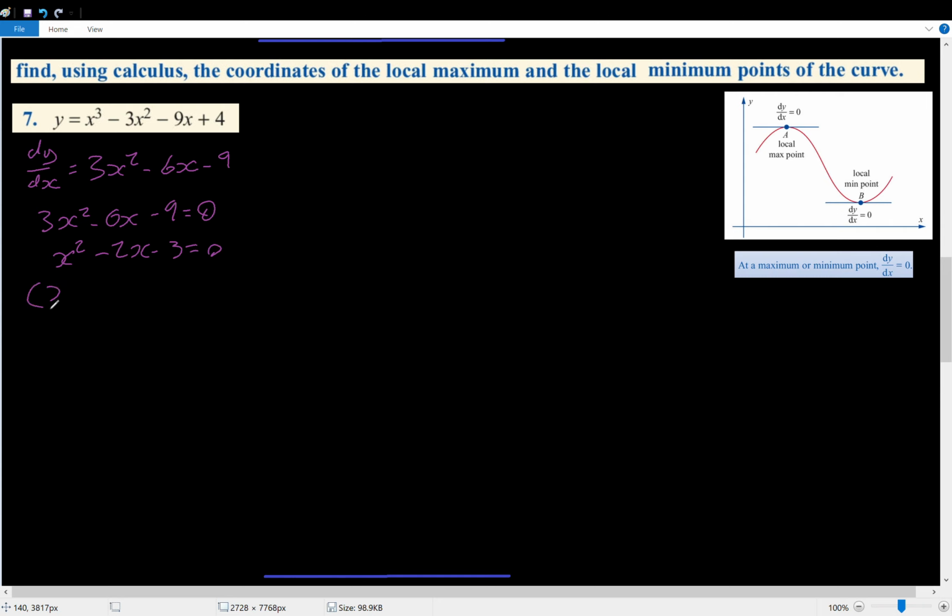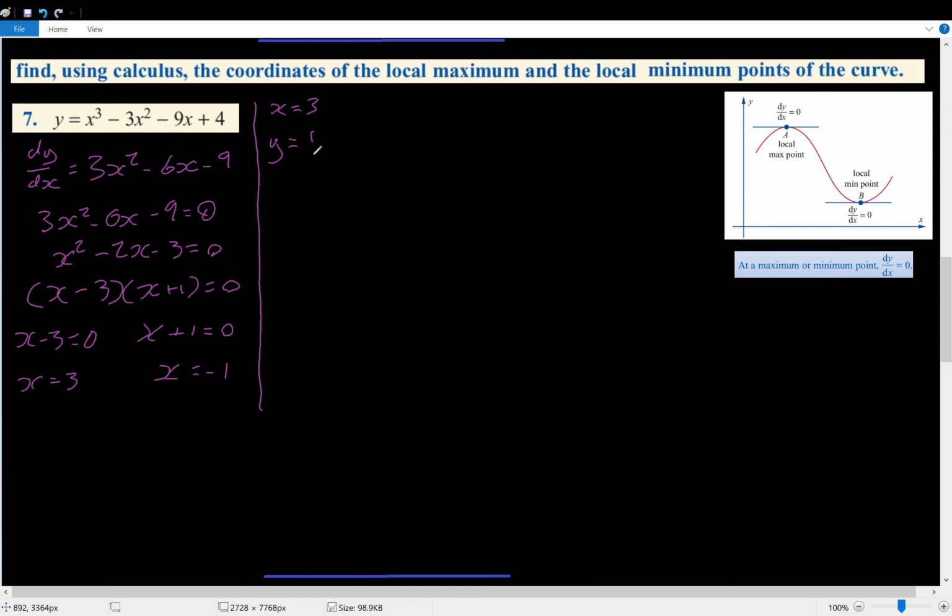So when we factorize that out, we're going to get (x minus 3)(x plus 1), which means that x minus 3 is equal to 0, and x plus 1 is equal to 0. So what we've got here is x equals 3 and x equals minus 1. And now in order to get our corresponding y values, we're going to substitute these two values back into our original function. So when x equals 3,